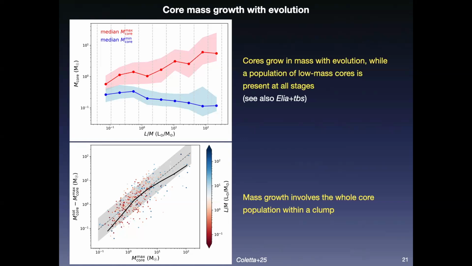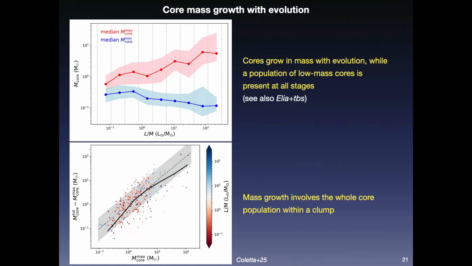So we see them nearly steady throughout the evolutionary stages, or we could be seeing new fragments that form as low mass seeds throughout the evolution,